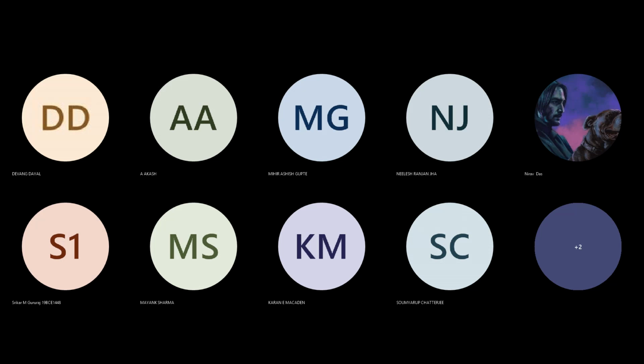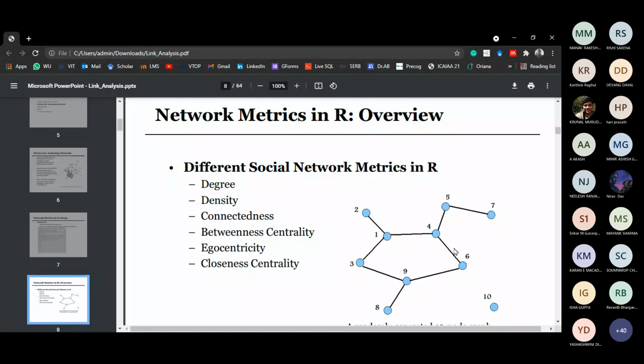Analytical part of a graph network. Okay, so we will discuss some of the metrics that are involved here in graph networks. We have seen some abstract view of these network metrics in our previous classes. In regard to our module 4, you have to know what social network analysis is, and the network measures and metrics that we are going to discuss today. You have to have some idea about it.